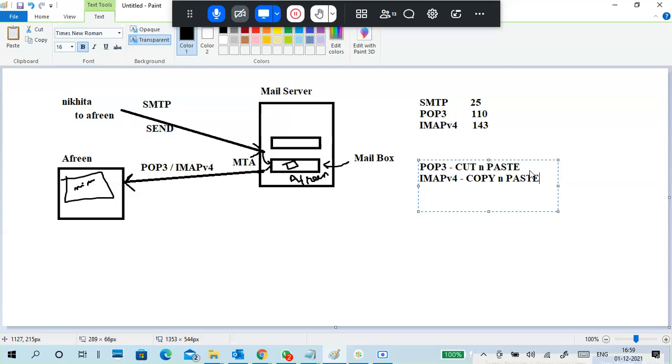Like you have a pen drive with data, you copy it and paste it into your system, so your pen drive has the data and your system has the data. With cut paste, you cut from the pen drive and paste into the system, so the pen drive doesn't have the data, but your system has it.